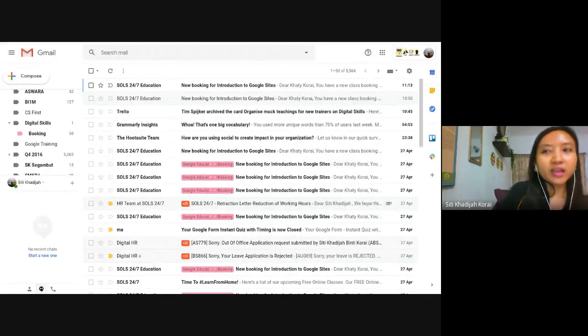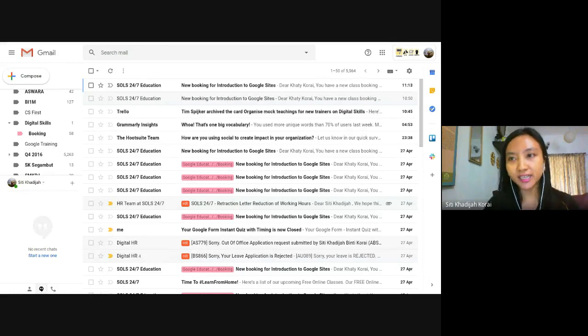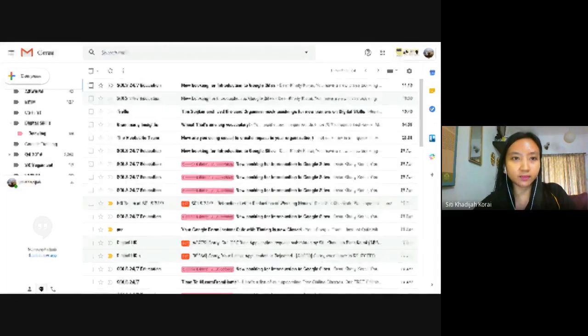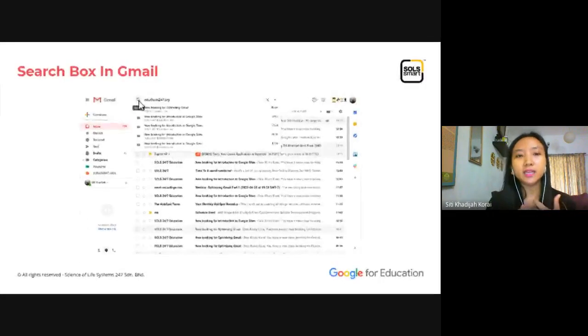Now we're going to have an advanced search in our Gmail. If you notice on your Gmail, you also have the search button up there. So here, for example, in my case, I want to search for an email that is coming from